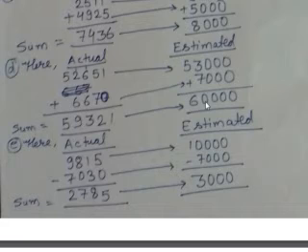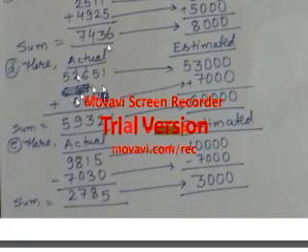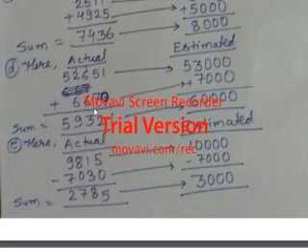Now you can see question number D. Here it is 52,651. I made a mistake by writing it from the first place, so I cut it and wrote it again, because one number is only 1000 and the other is 52,000, so we have to start writing from the unit place. Unit place should be below unit, tens place below tens, hundreds place below hundreds, and thousands place below thousands. Now you can see the actual sum: 0 plus 1 is 1, 7 plus 5 is 12, carry 1, 6 plus 1 plus 7 is 13, again carry 1, 2 plus 1 is 3, and 3 plus 6 is 9, and 5 as it is.